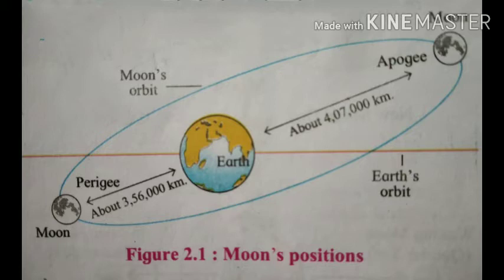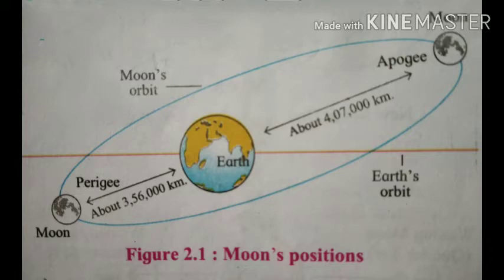While the moon rotates around itself, it revolves around the earth, and the earth also revolves around the sun. As a result, the moon also does not revolve around the sun independently, but indirectly. It makes a revolution around the sun. Now, the moon's orbit of revolution is also elliptical, as that of the earth.